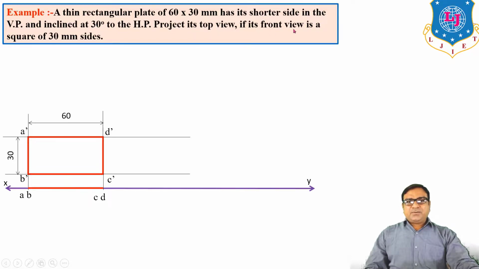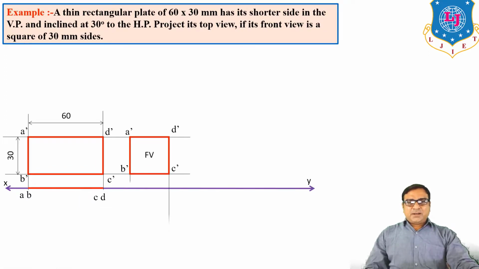Project the top view if the front view is a square. So when does the front view become a square? When we incline the surface with the vertical plane, the front view becomes a square. So when we incline the surface at an angle, I don't know which, but the front view is square, that is known. So you have to draw the front view first, a square of 30 by 30 sides, A dash, B dash, C dash, D dash,